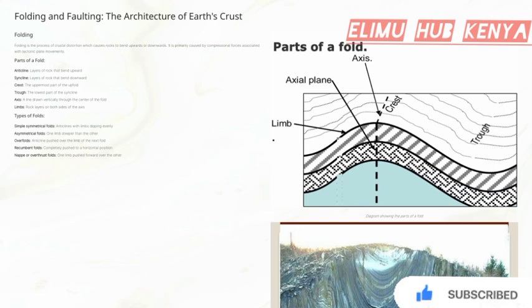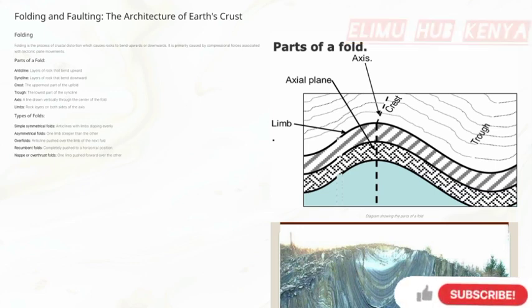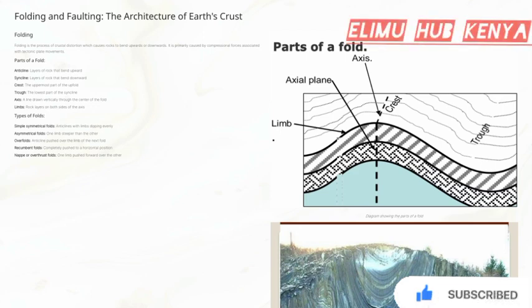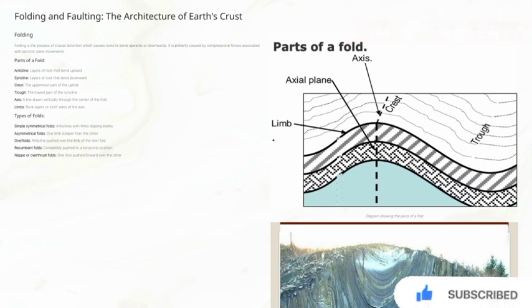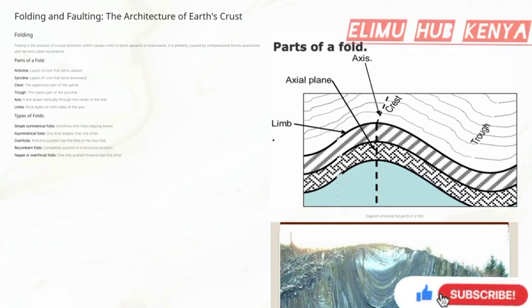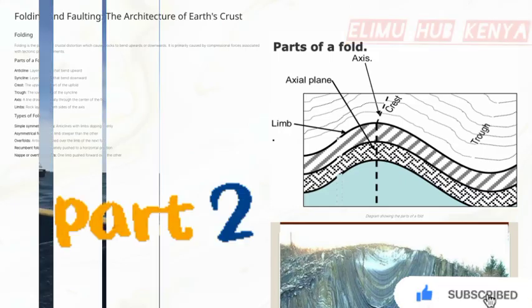The type of fold that forms depends on several factors. Temperature plays a role. Higher temperatures make rocks more plastic and easier to bend. The amount of pressure applied and the type of sedimentary rocks involved also influence the fold's development. These folded structures are not just fascinating, they are responsible for many of Earth's mountain ranges. Additionally, they play a crucial role in trapping oil and gas deposits in specific geological settings, making them important for resource exploration. Understanding folding helps us grasp the dynamic processes shaping our planet and how geological